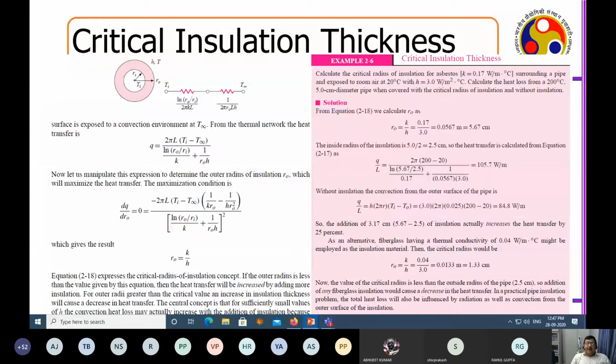Okay. Now, one very important concept comes up. Suppose you have a system where there is an inner fluid and then an outer fluid, and you have a wall through which the heat transfer is taking place. We have very easily derived that Q will be equal to 2 pi L (Ti minus T infinity) divided by [ln(Ro/Ri)/k + 1/(Ro h)], because this is coming from the conduction, and this is coming from the convection. So you have basically two different resistances here. Ti is the inner fluid. So the inner fluid has 1 by Ri h, and then you have the insulation, and then something is happening at the outside.